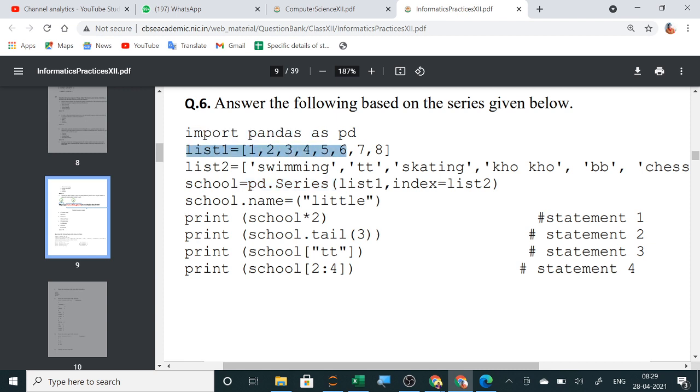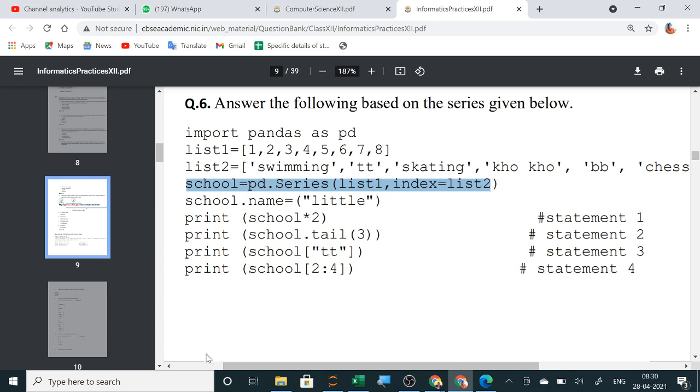Second is a list. List 1 is given with numbers, list 2 is given with all the sports. Now school is the series which is created using the pd.series function, in which list 1 is our data and list 2 is our index.